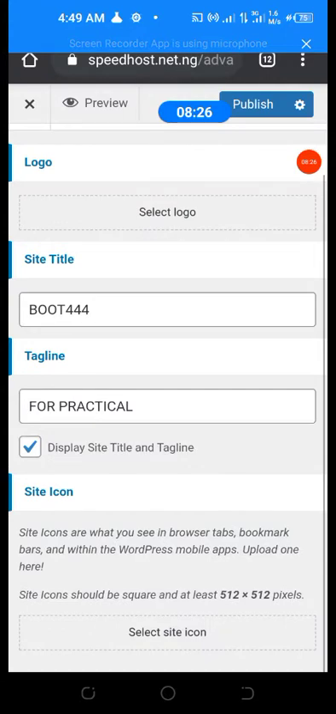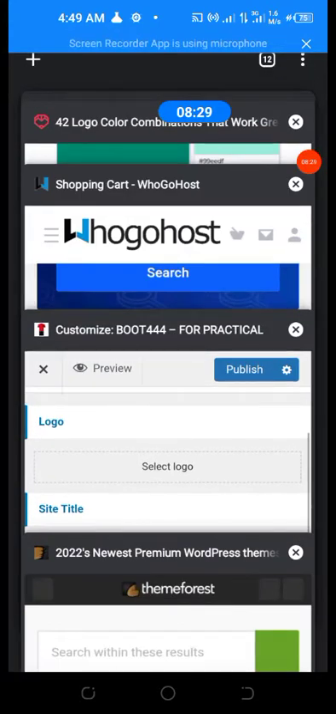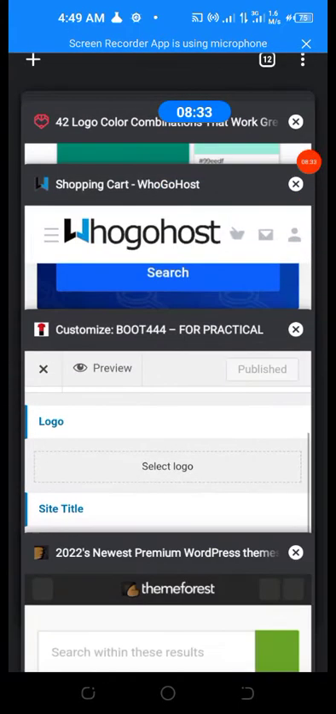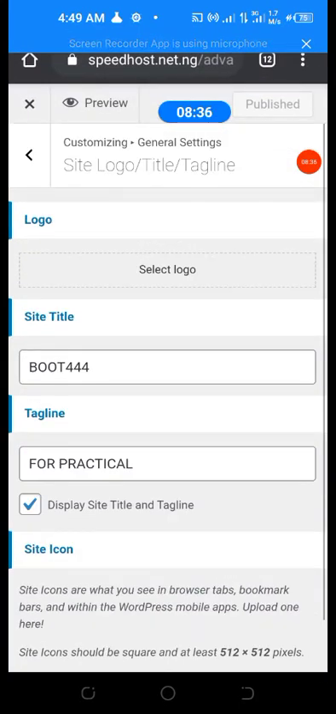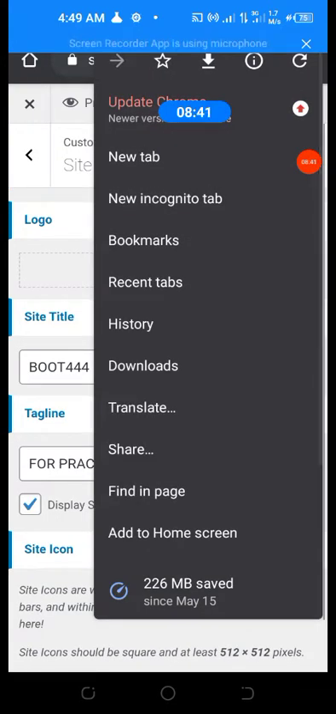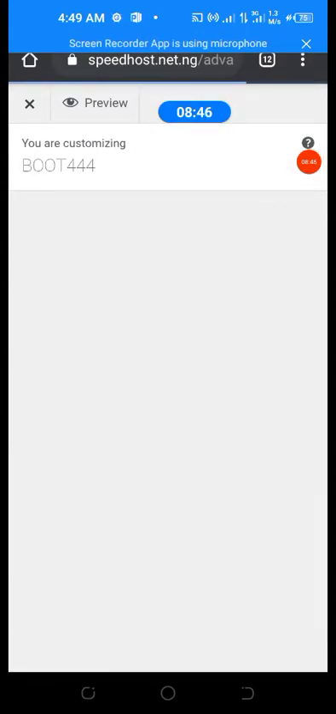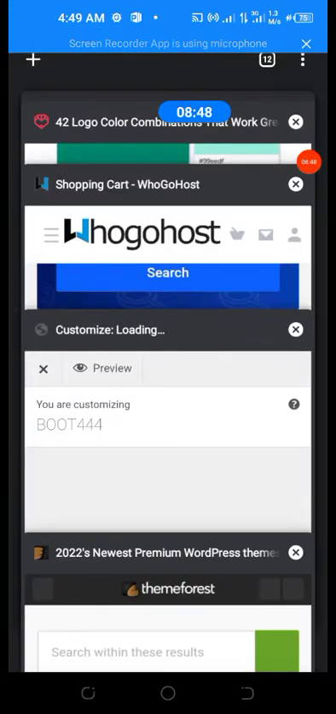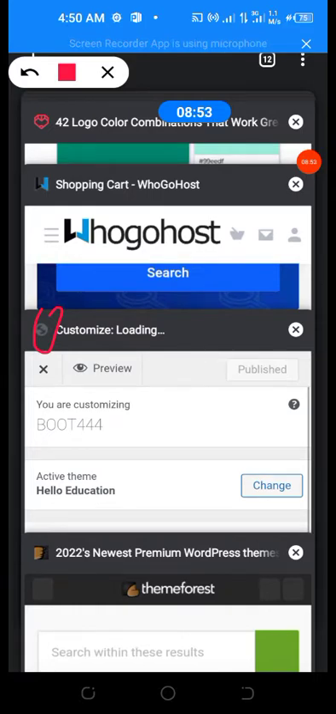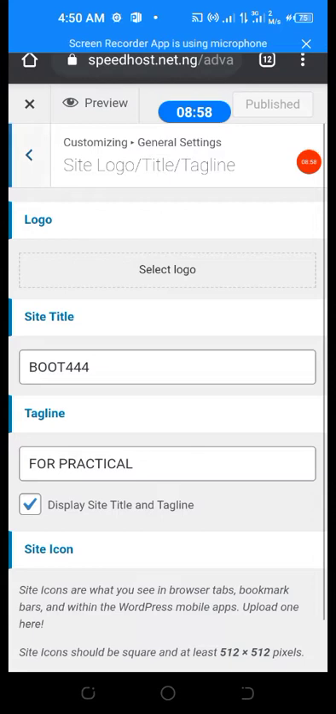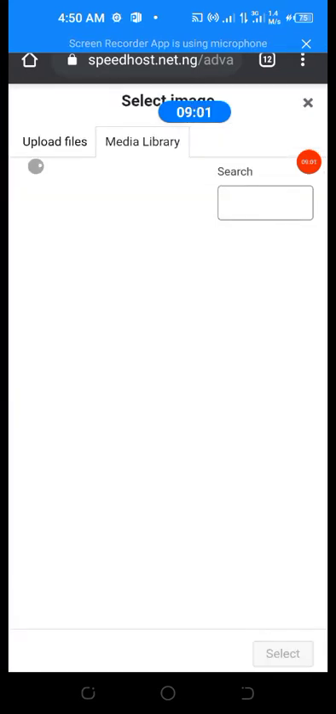If I should remove this site icon now, you can see from here, let me try to publish after removing it, and let me try to reload to refresh my site. Sorry, let me try and reload. Let me reload and see what you are going to have. You can see when I reload, this is what we are having. This is what you are going to have in your site also. So it is when you include the site icon that you are going to have the image as your site